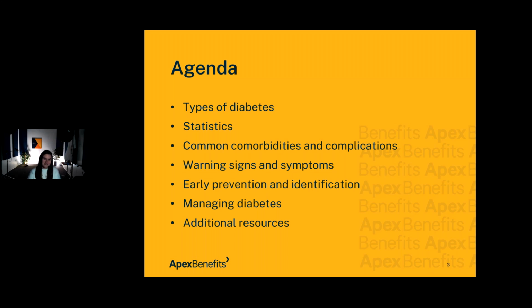Early prevention and identification. So what labs are available today that I can actually test myself and know what category I fall into, as well as managing diabetes. So if we have diabetes, which many of you on the call today might have already been in that pre-diabetes, diabetes range, we're going to talk about how do we help you guys manage. And although diabetes is a chronic condition, there are things we can do to actually, some doctors say reverse diabetes, others say you put it back into remission.